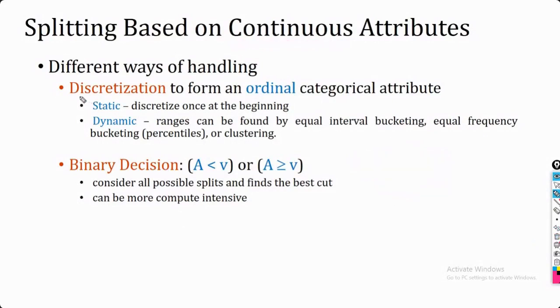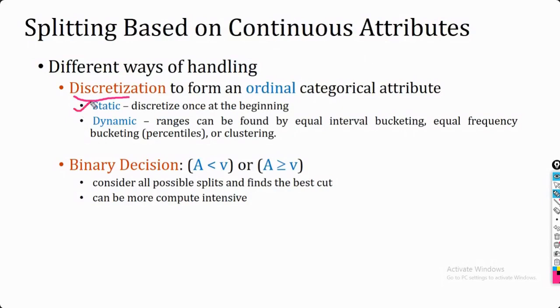The first way is discretization. In discretization, you divide your attribute into sets of discrete form. Suppose you have age, you say that 18 to 30 is one side, 31 to 40 is another, 40 to 50 is another, 40 to 60 or 80 whatever is part of another. So here you have divided your continuous value into parts, or you can say into buckets. This is one way to deal with continuous values.